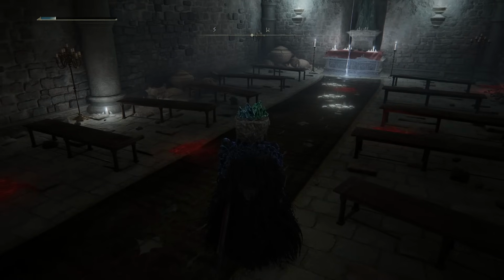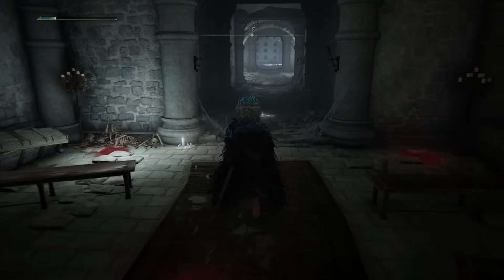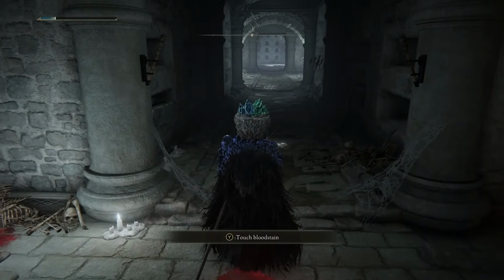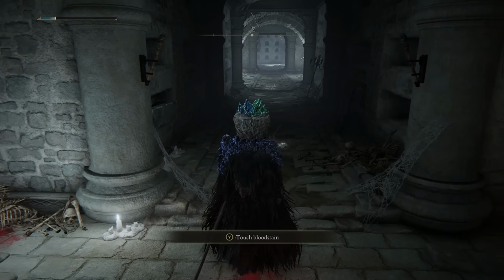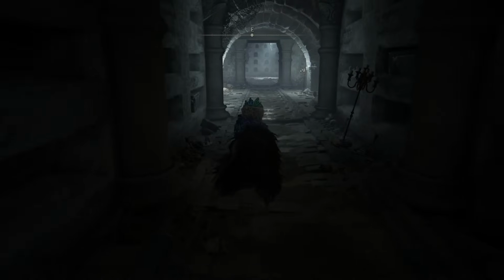You can't summon in here or anything like that, so I'd get maybe a bleed build, a Moonveil Katana, something like that. And just be careful with the Black Knife Assassin. They're incredibly agile. They're going to be on your toes at all times. So make sure you have enough flasks with you and everything like that. Then once you've taken down the Black Knife Assassin,